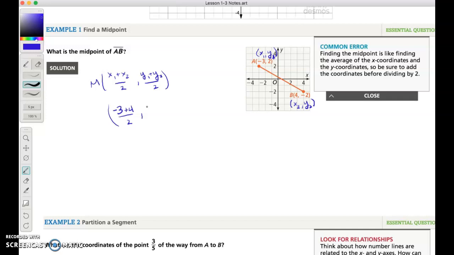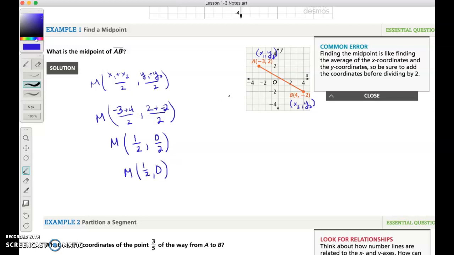And then for the y coordinates, we're going to be taking 2 plus -2 and dividing by 2. And there's our y coordinate for the midpoint. So our midpoint will now be at, see, -3 plus 4 is +1. And 1 divided by 2 is just going to stay as 1/2. 2 plus -2 gives us 0. And now 0 divided by 2 is going to give us 0. So our midpoint is at 1/2,